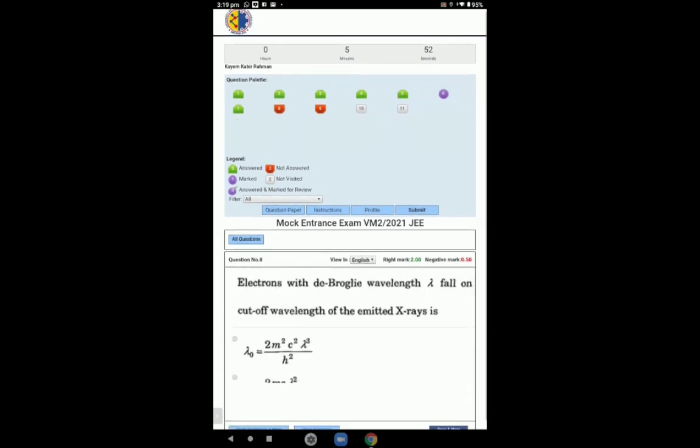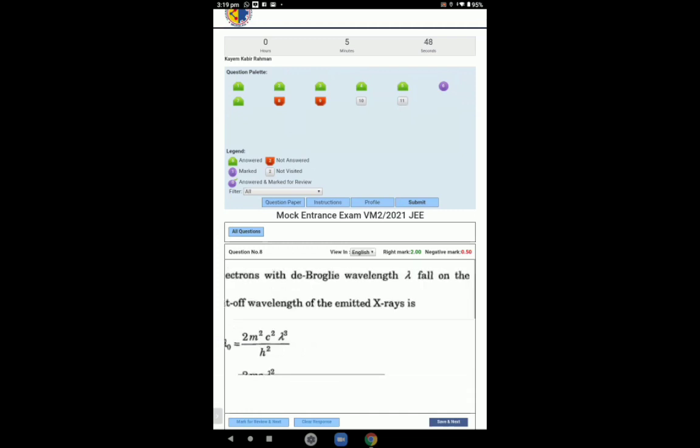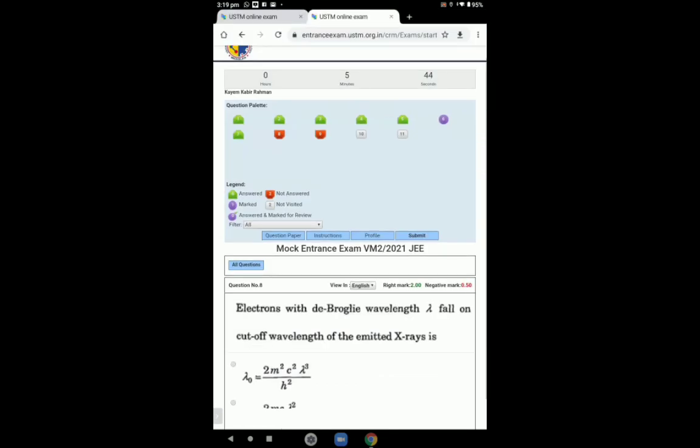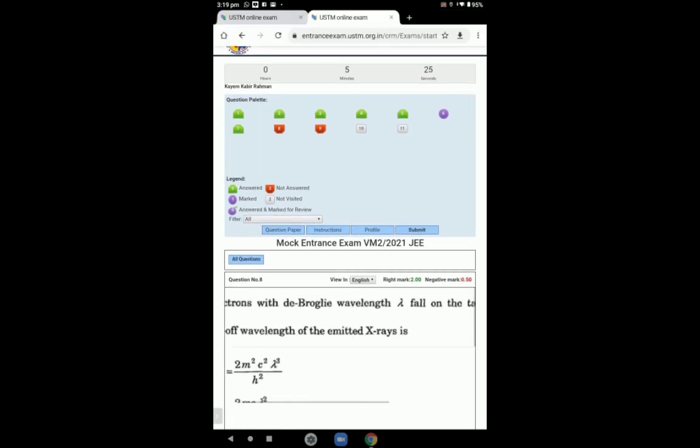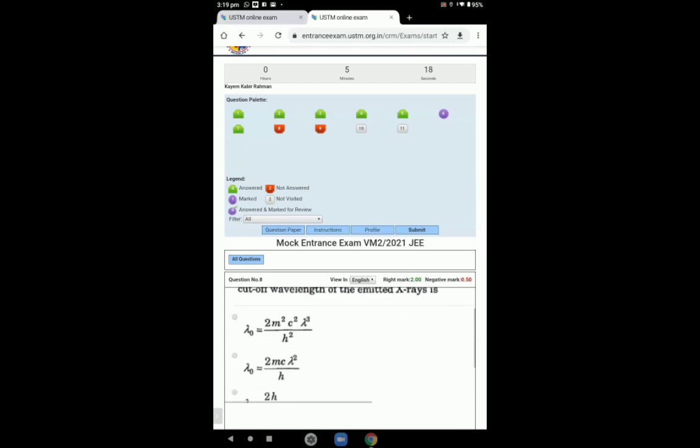In some mathematical formula or mathematical questions, some questions might appear like this way. You can see this question is clearly shown, but the options are not showing properly. That means in the left or right side the questions are there, and in the top and bottom side it is also there. So you have to move from left to right to see the full question, and from top to bottom to see all the options available for this question.